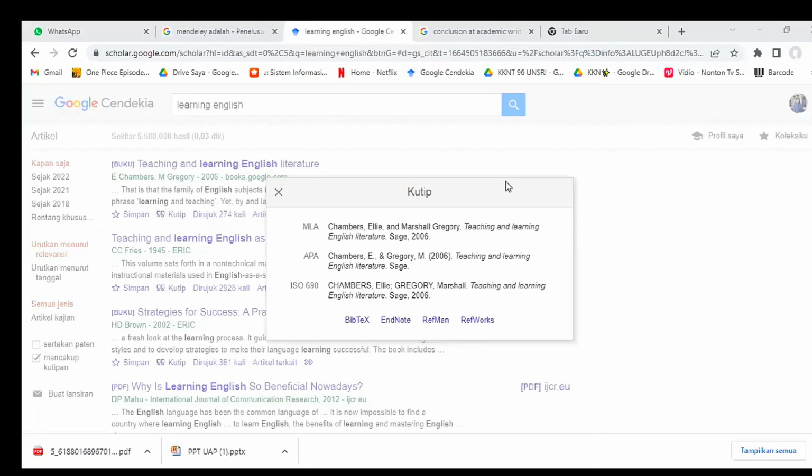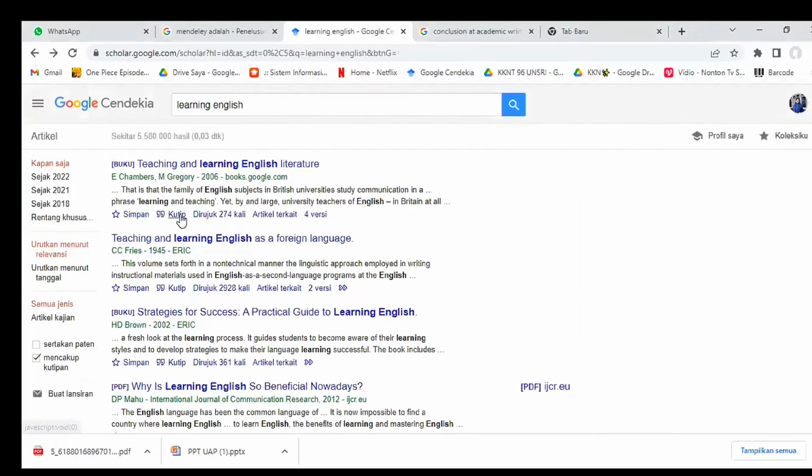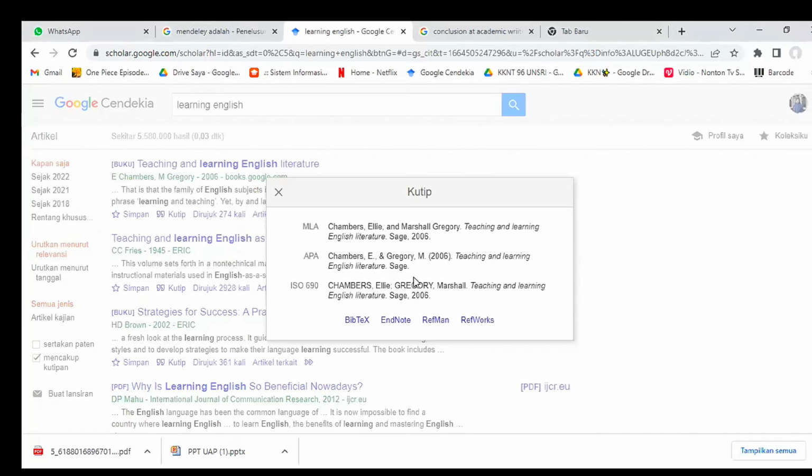So this is what I'm talking about. Whenever you want to cite something, I did it manually. There was an option, kutip. We are instructed to use APA citations, so I copy and paste this into my paper, and that was all.